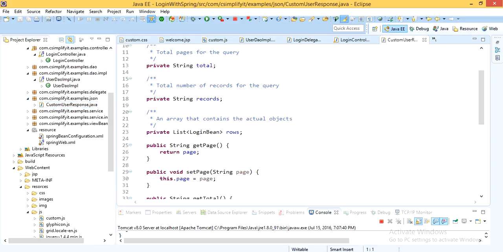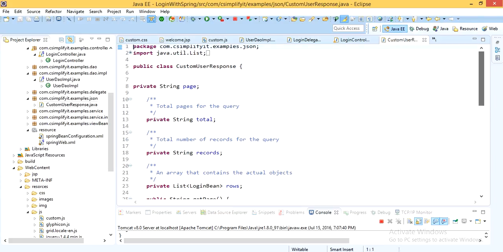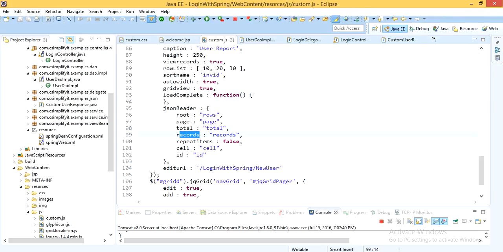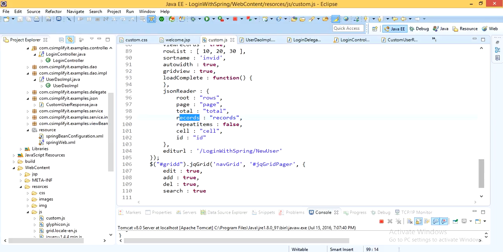Its attributes are the same as in my JavaScript file. It is my total string, total records, and also there is a page, and we show this as page, total and record. Naming convention is also the same.